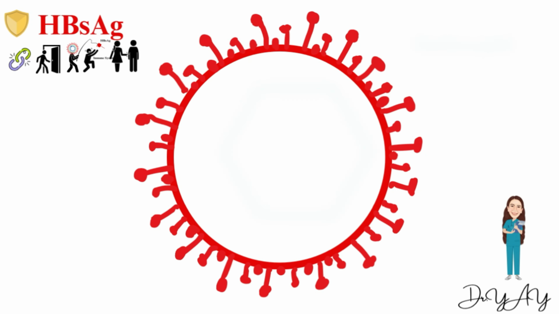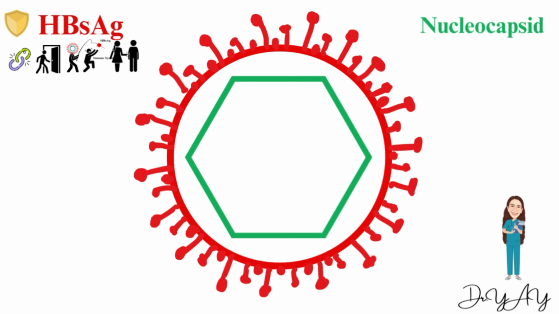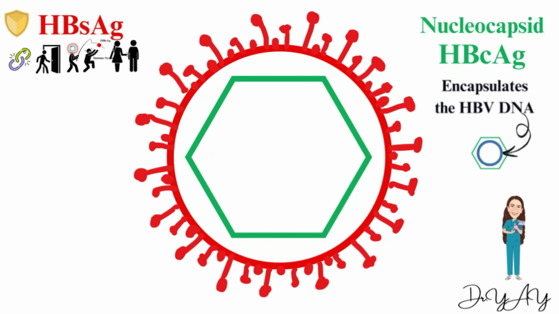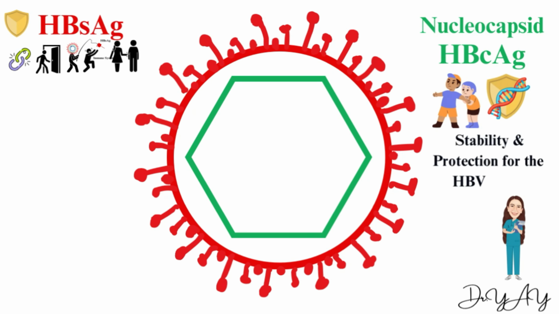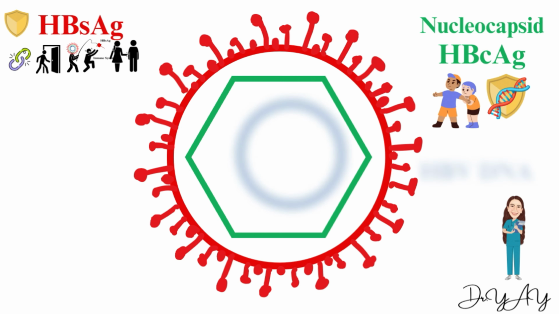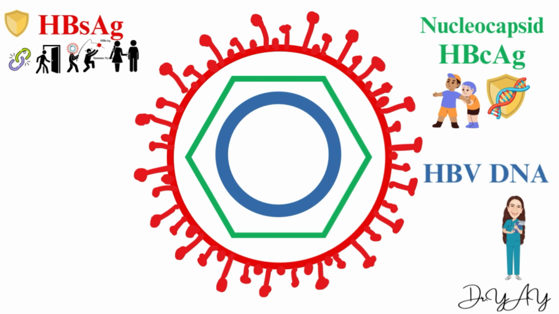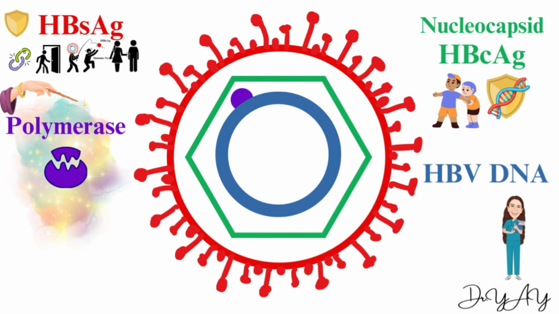Next, we can see the viral nucleocapsid, which is a protein shell made of a protein called hepatitis B core antigen. This shell encapsulates the viral genetic material, which provides stability and protection to this genetic material. At the heart of the virus, we can see its genetic material, which is a partially double-stranded DNA, and attached to it is the DNA polymerase enzyme, which works its magic and is responsible for the viral replication, as we